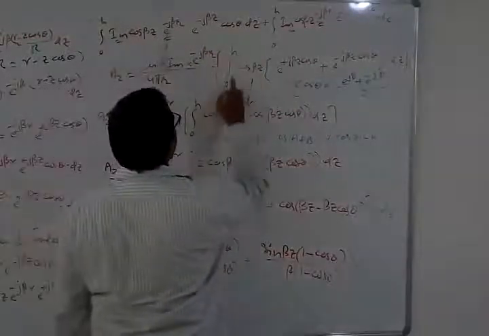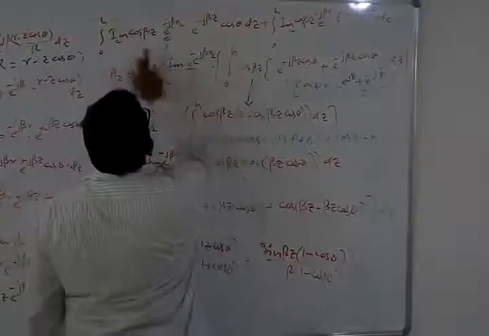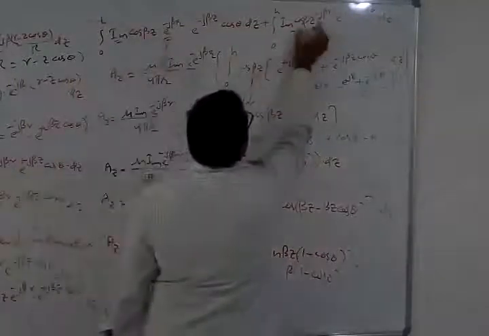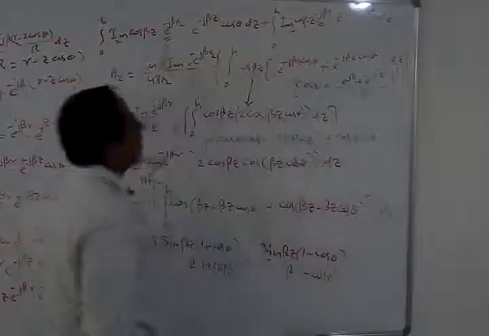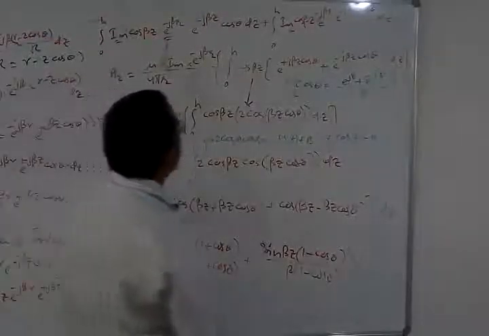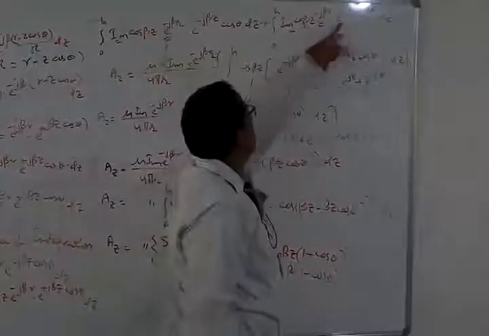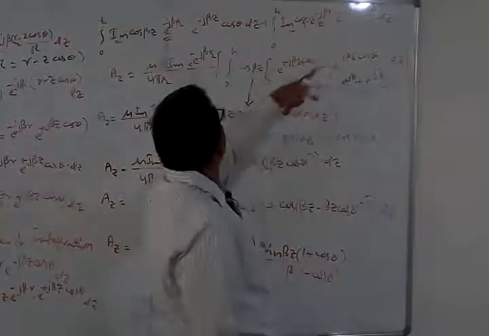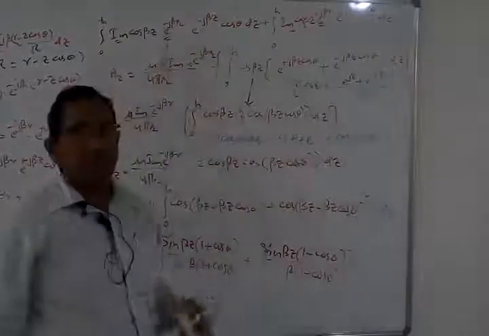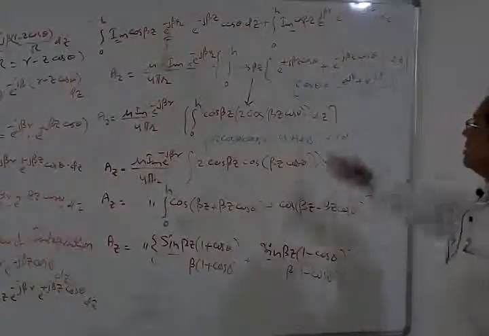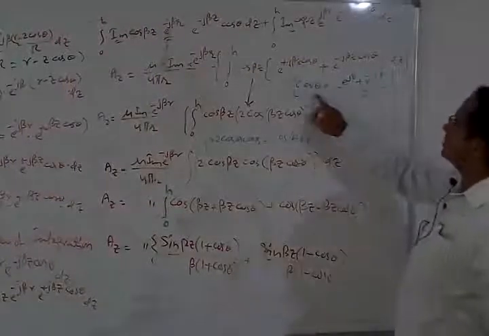The integration is the same now, therefore for the integration from 0 to h, I can take cos beta z as common. Here I got cos beta z, here also I got cos beta z. Once I take it common, I can write this equation as: from this equation I get e power plus j beta z cos theta plus e power minus j beta z cos theta. Now what is this equation? This equation can be written in this form. What is cos theta basically?